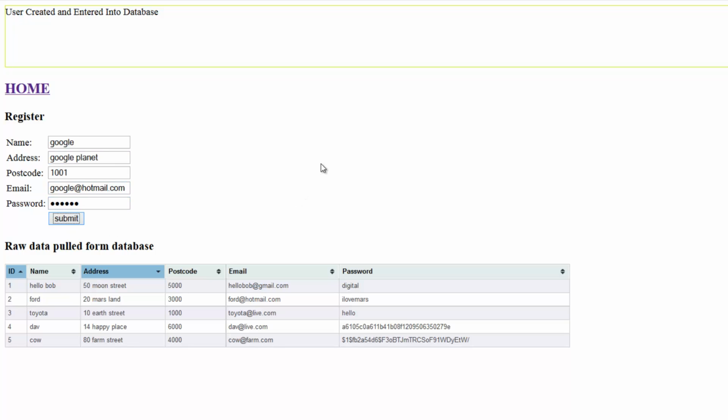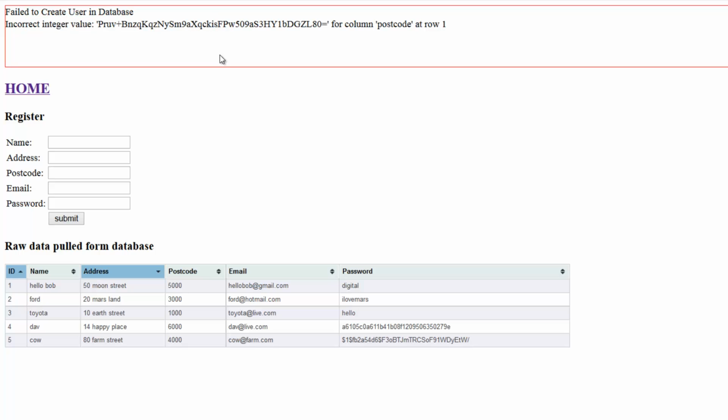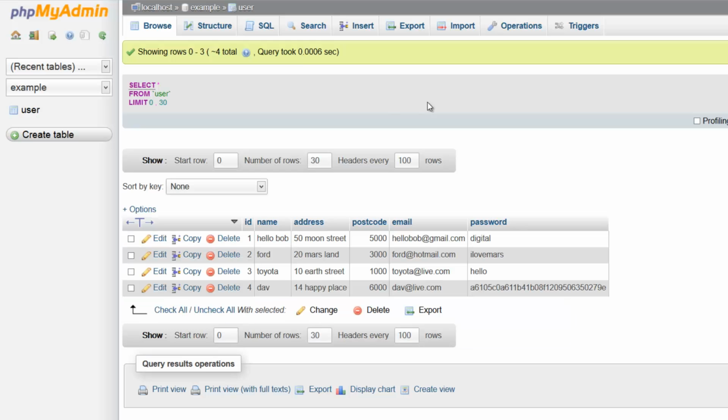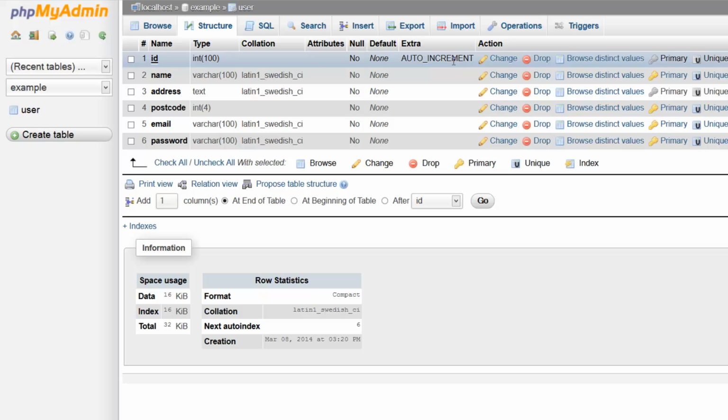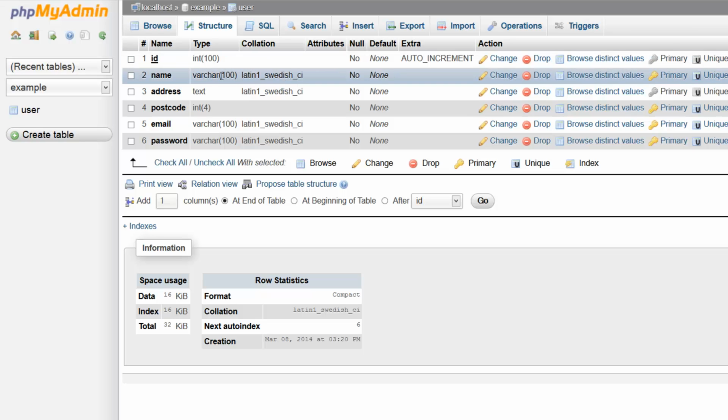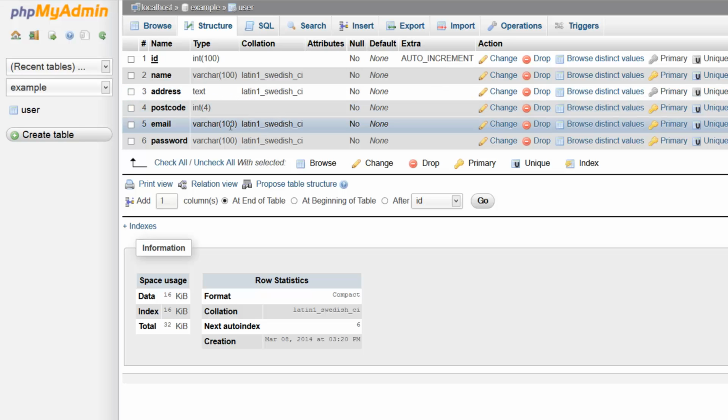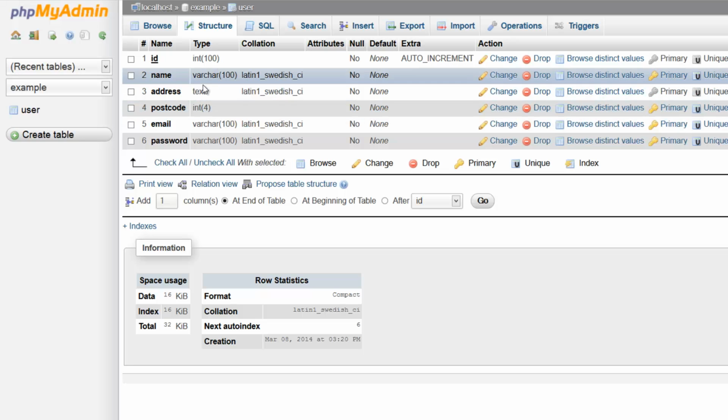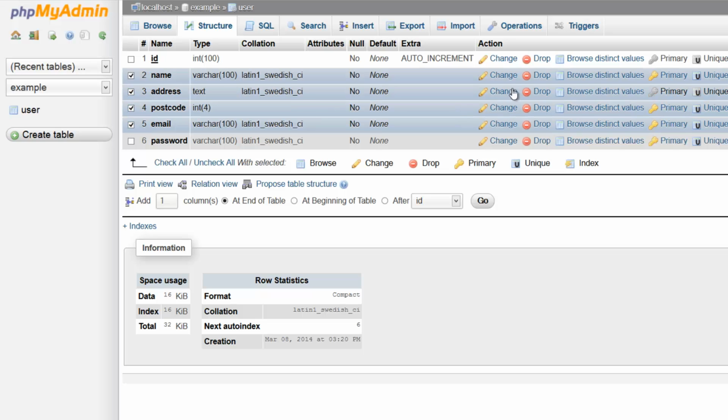Submit. Here we are presented with our error. So incorrect integer value for column postcode at row 1. So what we have to do here is take a look at our structure for our database, and here we are using varchar, text, number, and varchar. So we want to change those 4 types to another data type which will hold our